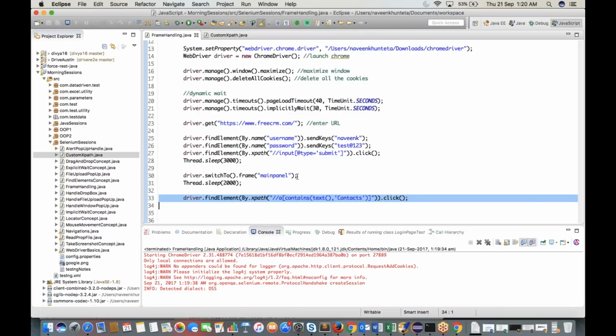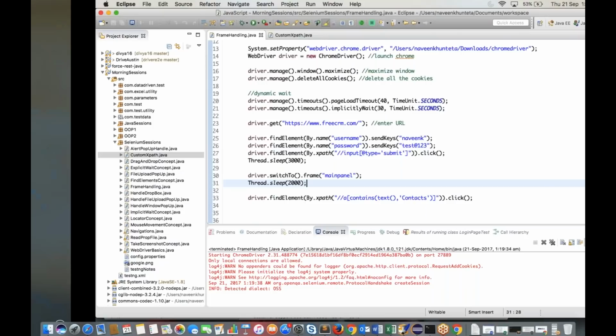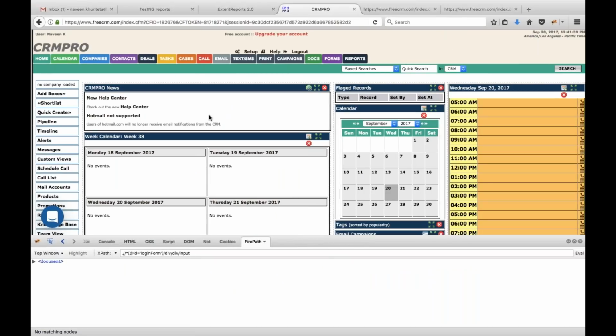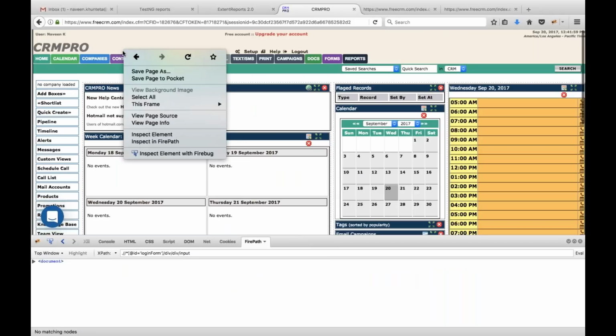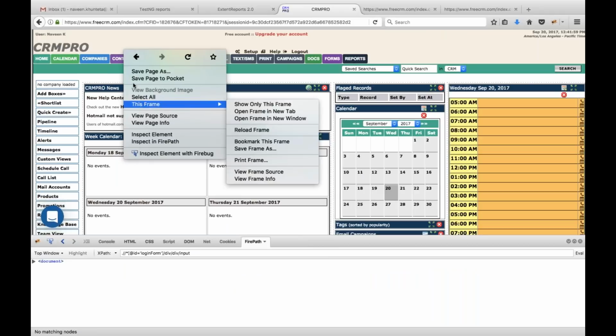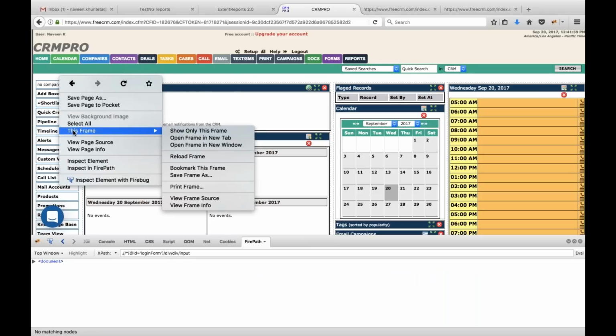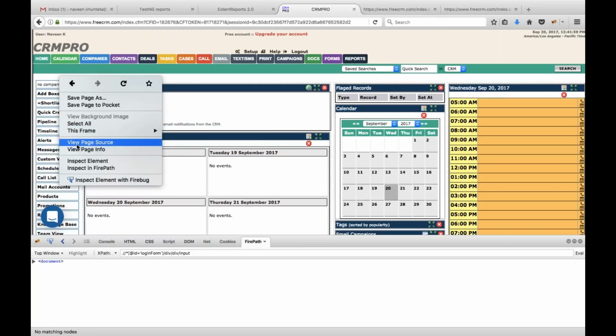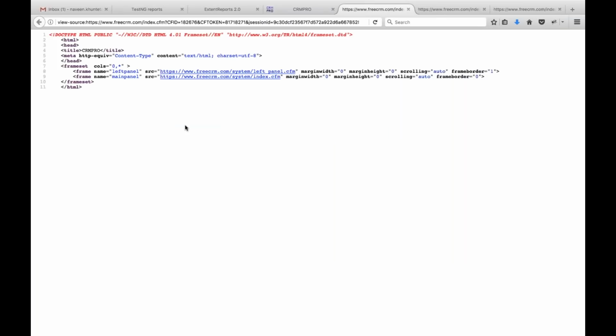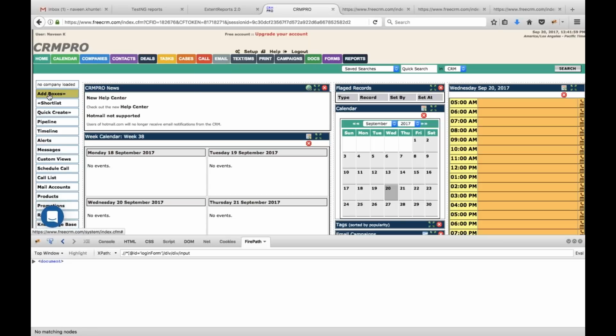So guys, please be careful with frames. This is how we handle frames. Always remember that. How will you get to know there is a frame? Just right click and see, yes, a frame is available, right? So if there is a frame, right click and this frame is available. And if you see the view page source, you can see that there are two frames, left panel and main panel. Now, if I want to click somewhere on this particular timeline link,